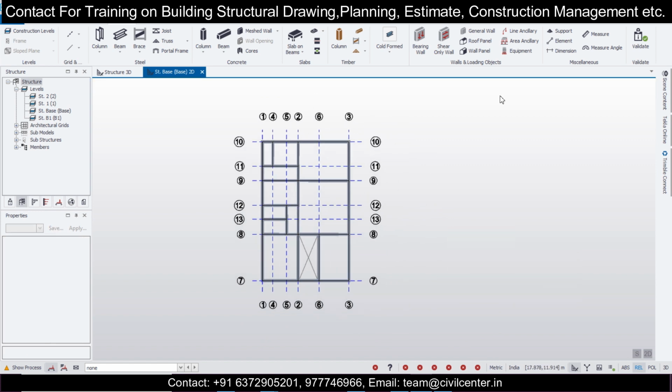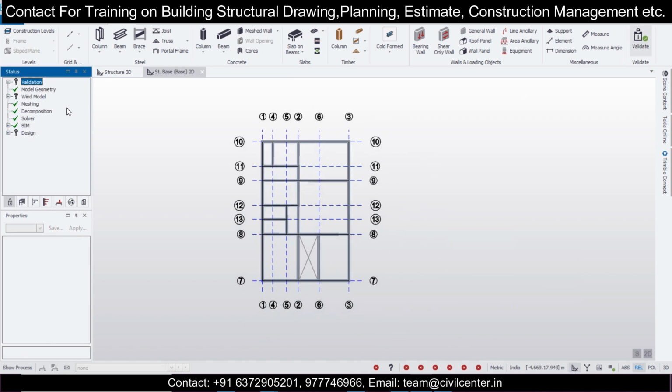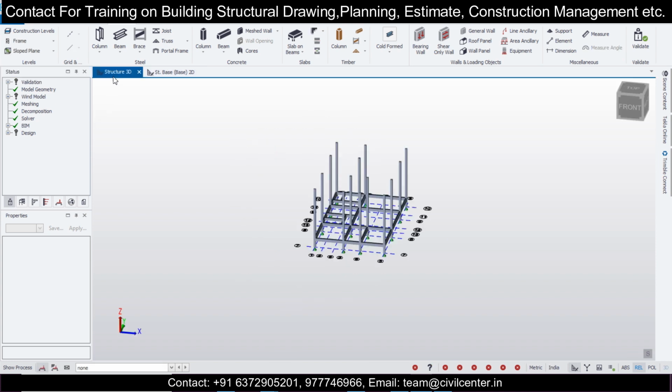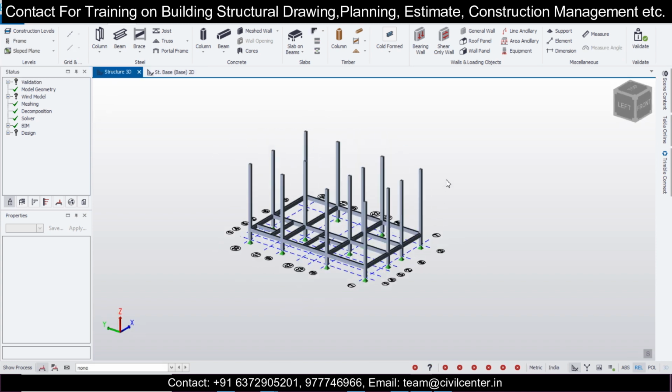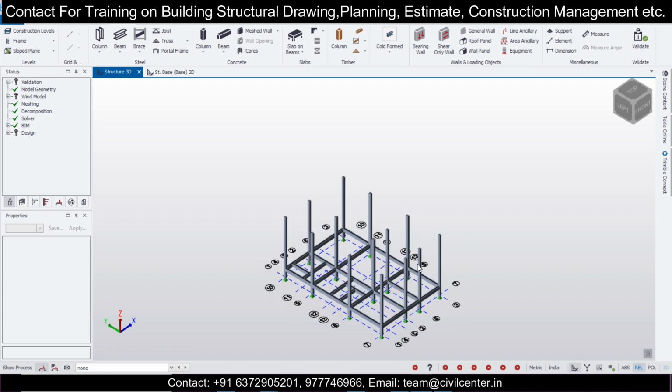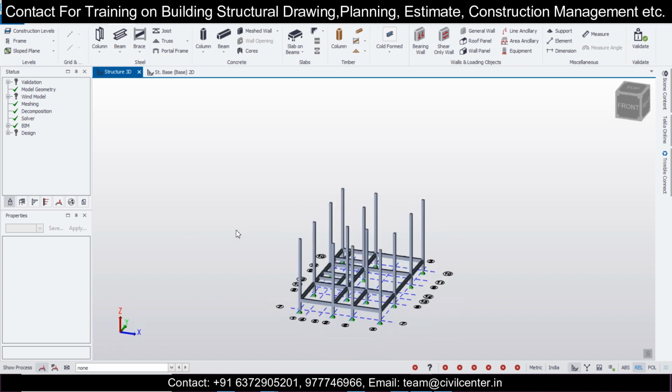And like this the model has been completed. So make sure you validate it. If there is any error, it will come. And if you're having a member intersection or member collision error, you can just search for that video in our playlist, or you can comment below.